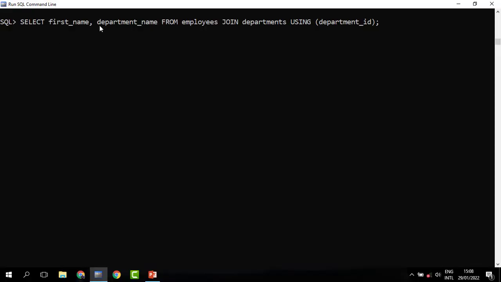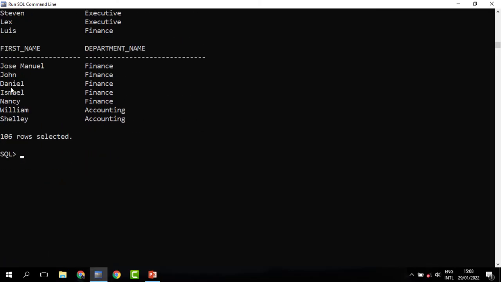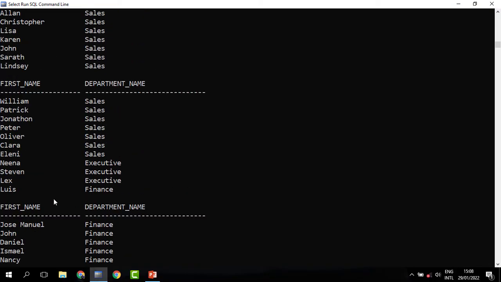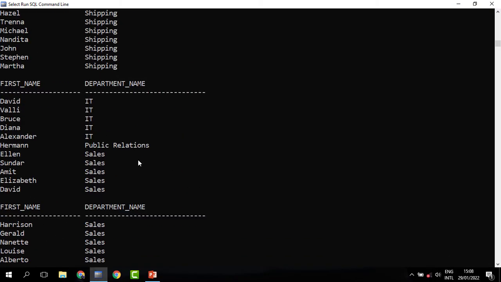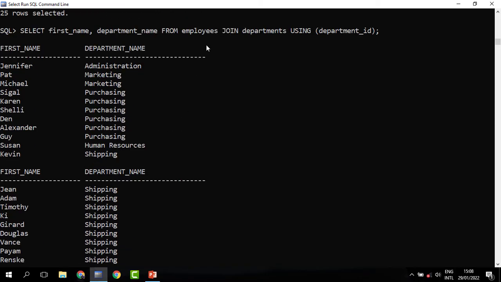Let us modify the previous query. The first one will return the first name of the employees and their department from the employees table and the departments table. We first use the inner join, and when we run it, you can see that we have 106 employees or 106 records. Now this was an inner join, but for the left join,